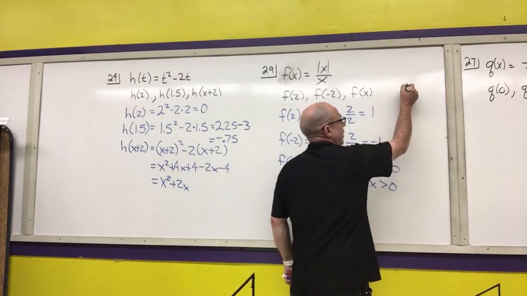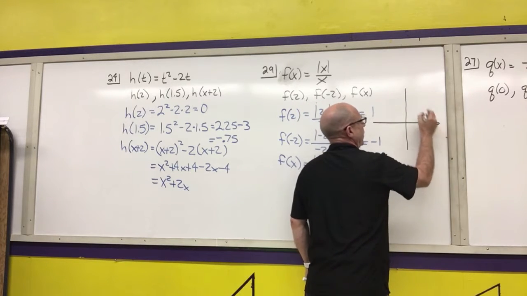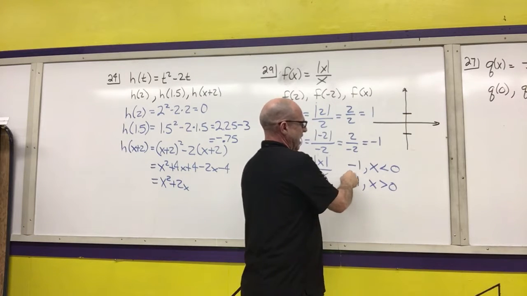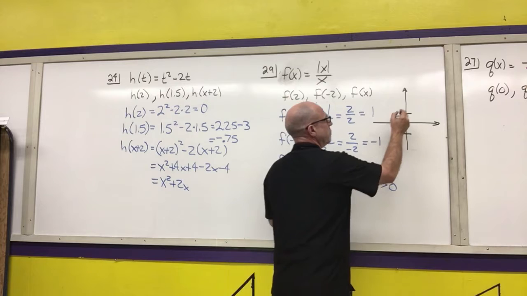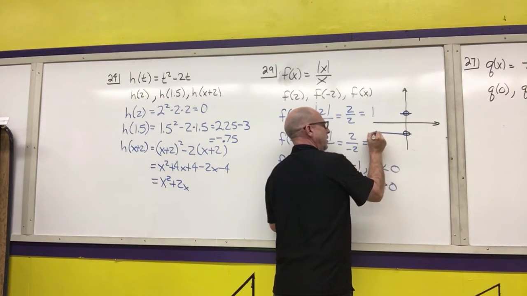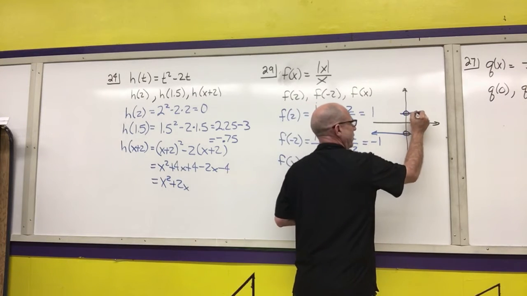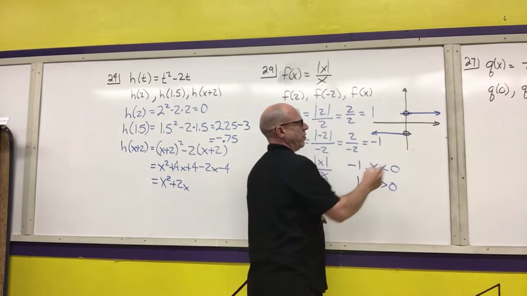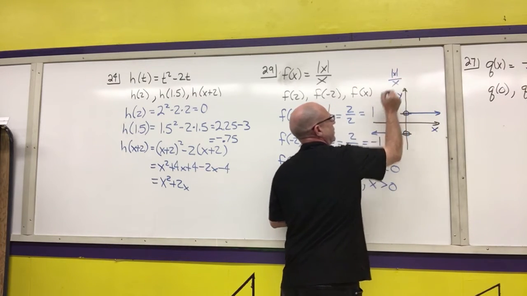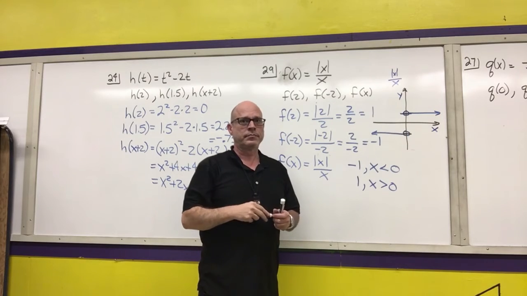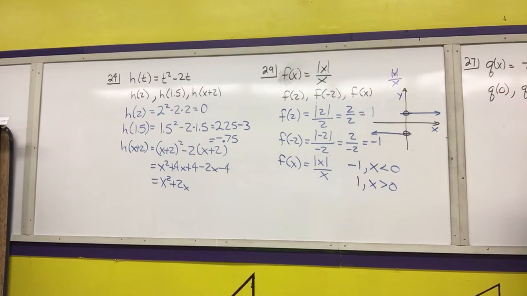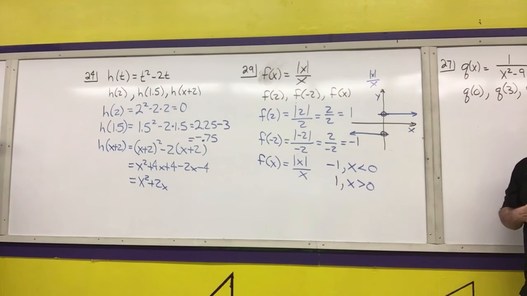What this graph would look like, just a quick rough sketch of the graph. Here's positive 1, here's negative 1. It's negative 1 when x is less than 0. Oops, wrote it the wrong direction. Here we go. And it is positive 1 when x is greater than 0. So that is the graph of the function absolute value of x over x. Next and final equation that I want to go over